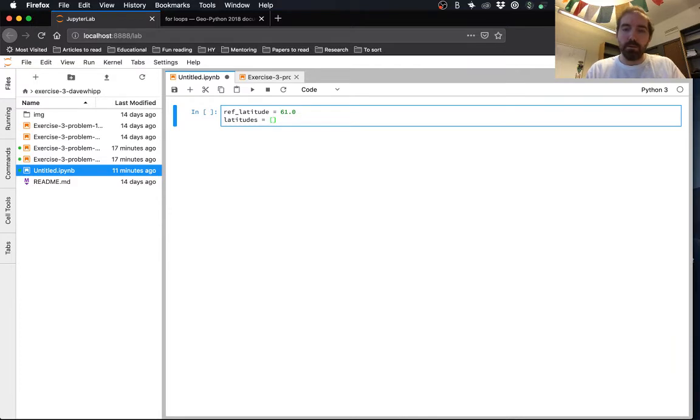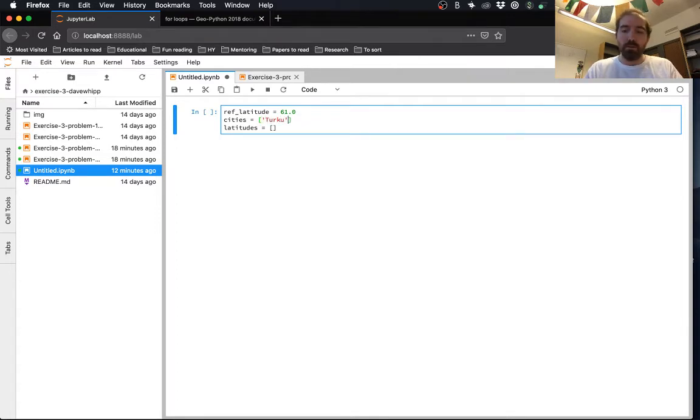I'm going to look off screen here for a second to some of the latitudes that I have. I think actually what we'll do is we'll make a list of cities at the same time. And our cities list will make, of course, number 1, Turku, and then Tampere. Let's go with, how about Oulu? And we should get Helsinki in the list, and then maybe Kuopio.